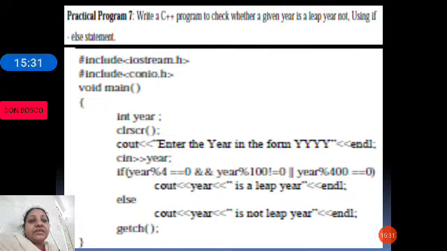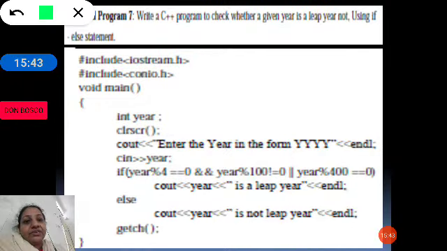Clear screen, enter the year in the form of YYYY, that is 4 digits. Enter. See in year, we are accepting year here, we are reading the year, which we need to tell is a leap year or not. Then how to find out whether a given year is a leap year or not.